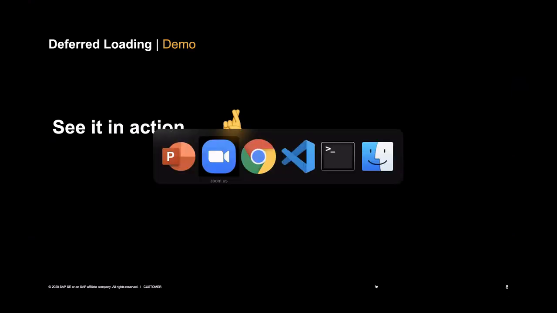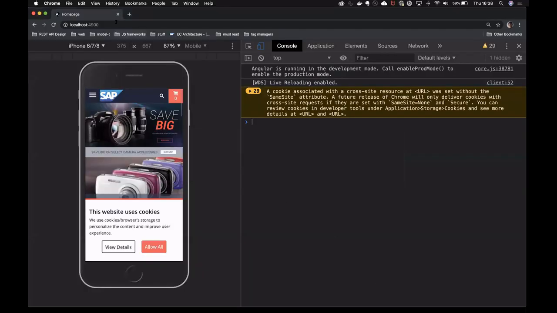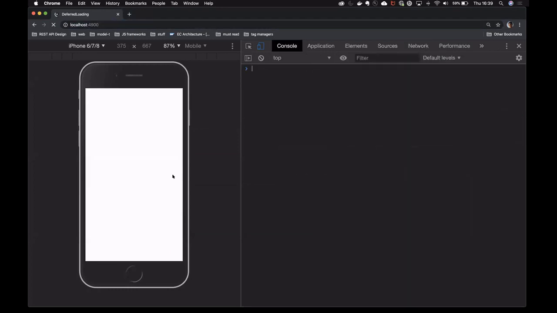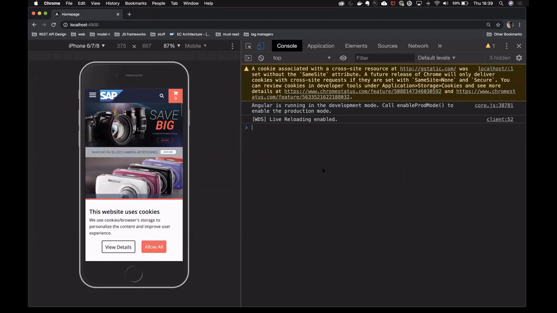So before I explain how we did it and how you can enable this in your project, let's first see it in action. Fingers crossed there. So I've created a brand new storefront this morning based on the latest release candidate 1.5, which we released yesterday. And I haven't enabled above default loading, nor have I enabled deferred loading. So just to demonstrate, let me just reload this. So reloading the experience here.